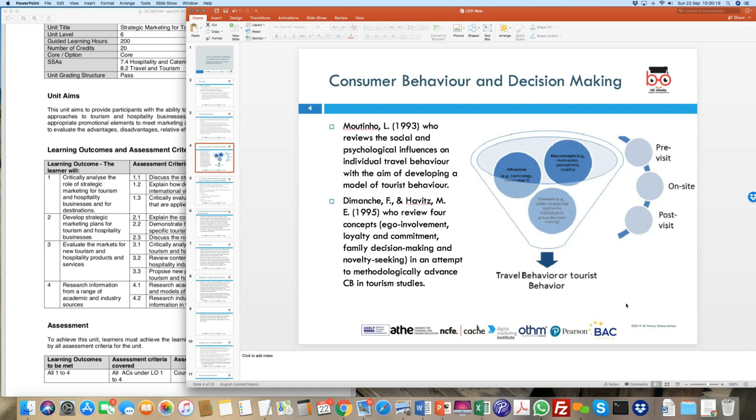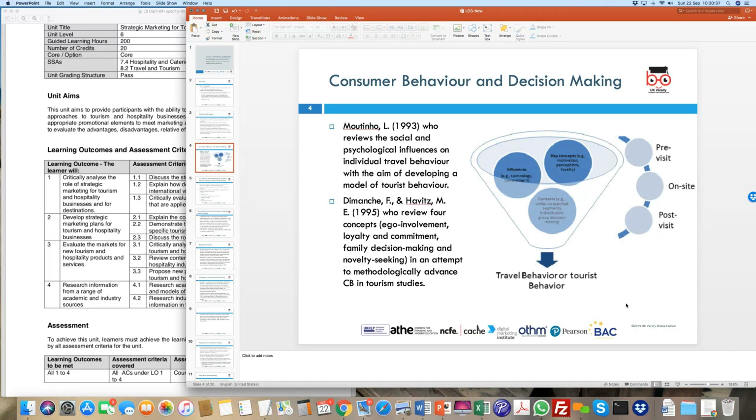They get influenced by social and psychological views, and that tends to develop their decision making side of things. It aids in decision making on that side. And the other view was that